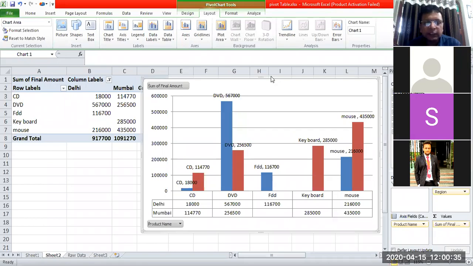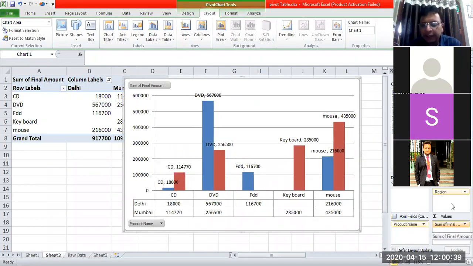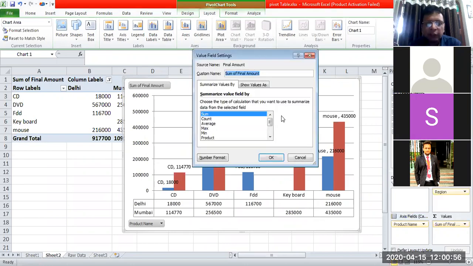One more interesting thing that you can do here is on the formula side, on the right side, it is showing you values, summation values. You can simply click on this and value field settings. That is the option. Value field setting. This one. And it will give you the option of selecting a formula. We are using summation now. We can also find out the count. How many transactions happened, right?